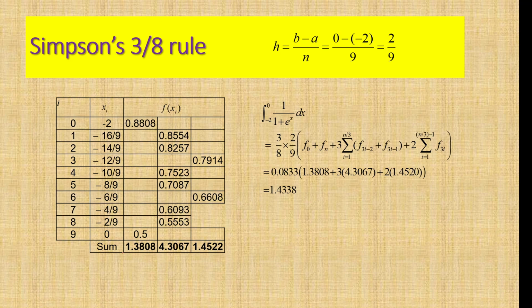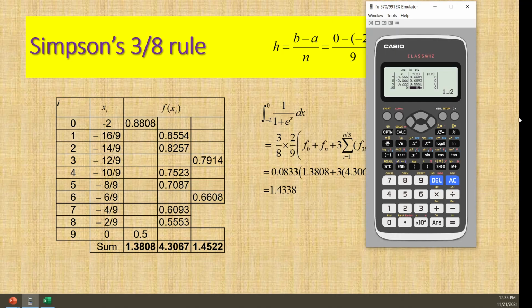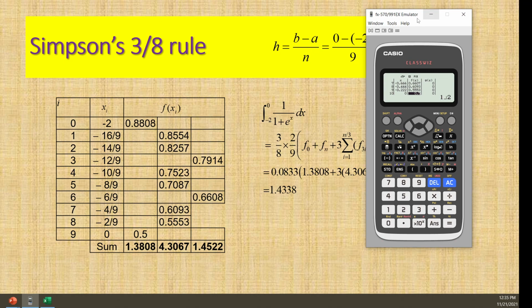F naught plus Fn is here, 3 times F which is not a multiple of 3, here, and 2 times F which is a multiple of 3. Then calculate in one step: 3 divided by 8